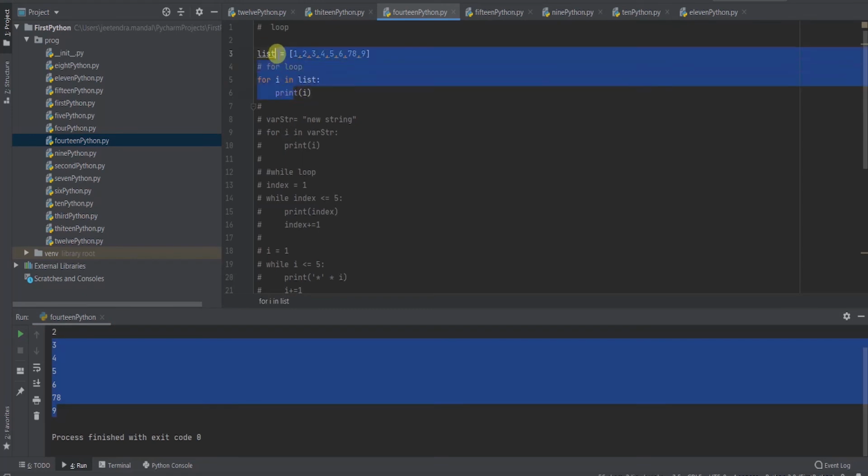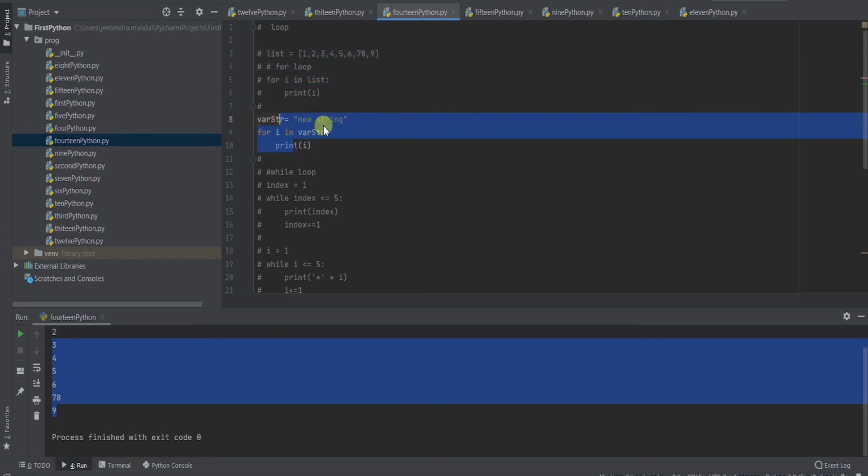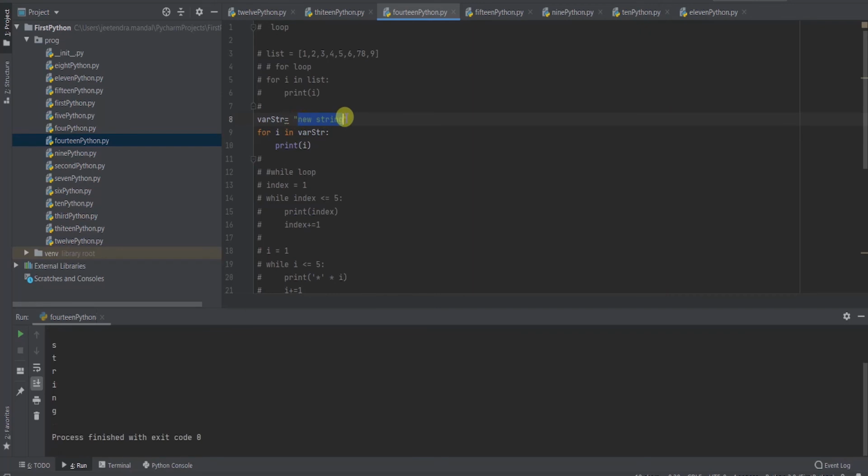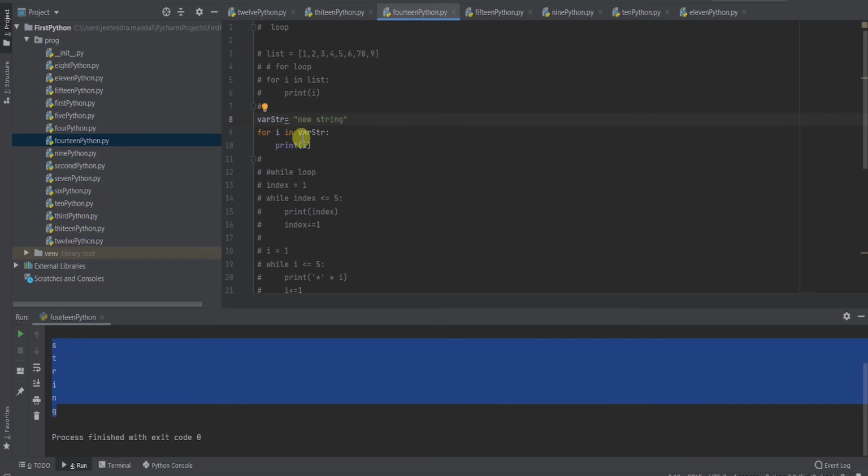Now we'll see some more for loop variations. We'll see some for loop variations in case of string. We have seen with list. Now how to iterate a string value. Here in case of string, this is the var str that I have created, and let me run it. So it iterates from index 0. A string you can also iterate character by character. For i in var str, print i, you can see each character gets printed. It starts from index 0 through to the end.